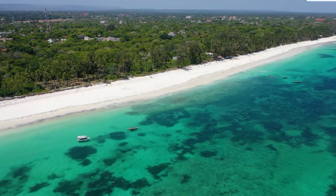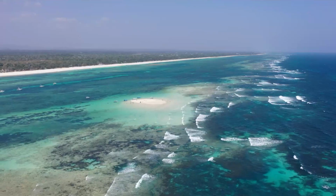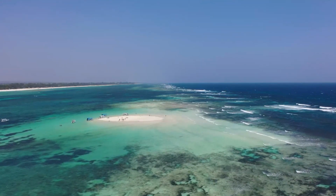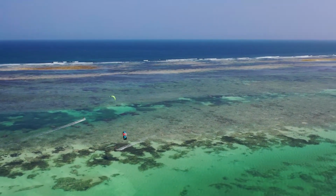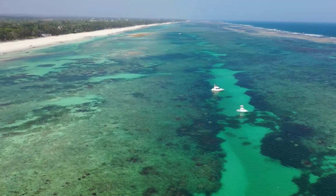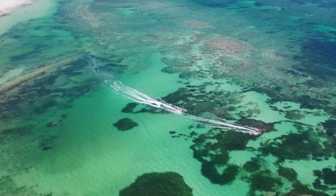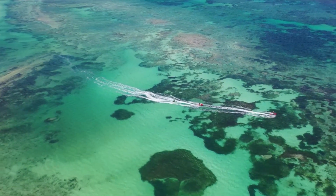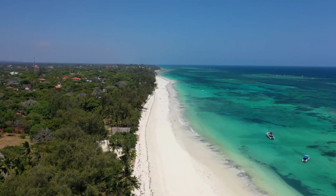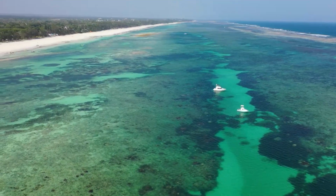Next up are the beaches. We highly recommend soaking up the sea, sun, and sand at Diani. Diani is often ranked one of the most beautiful beaches in Africa, and it is not for no reason. Stretching 11 miles, 17 kilometers, along the South Kenya coast, Diani renders the best beach-going experience in all of East Africa. In addition to the powdery white sand and jade-colored waters protected by a coral reef, Diani offers a wide